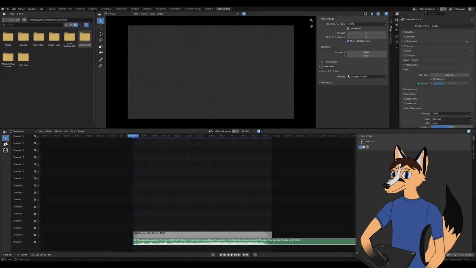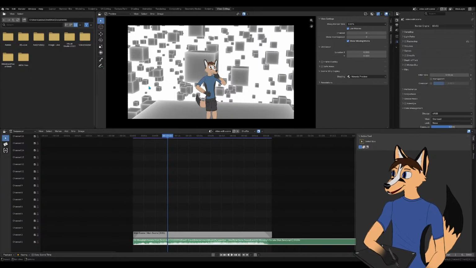actually the filter size doesn't matter that terribly much. I don't really think there's much anti-aliasing, but the thing I was going to check is whether the world background is transparent or not.